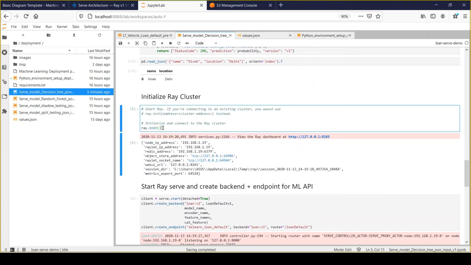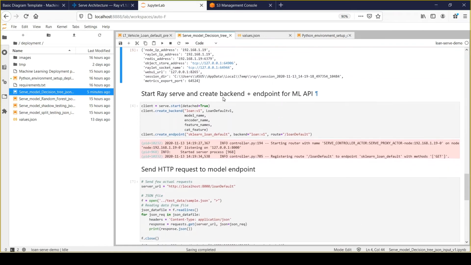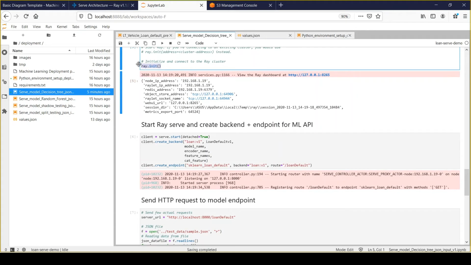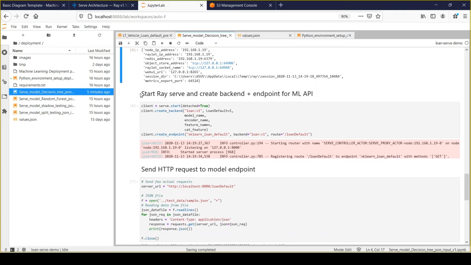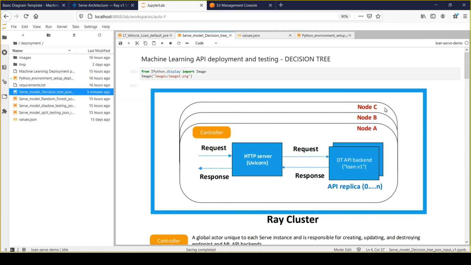That's what we are exactly doing here, ray.init. Once you perform this activity, it will provide you the cluster information in this manner. Coming down, once the Ray cluster is up and running, we can create a RayServe instance with the help of serve.start. It will start my RayServe instance within my cluster.